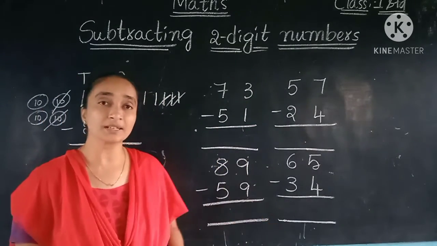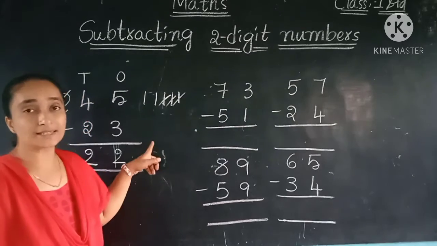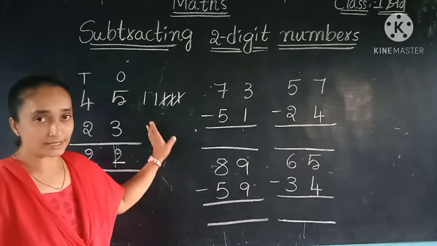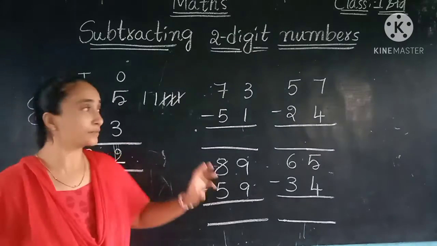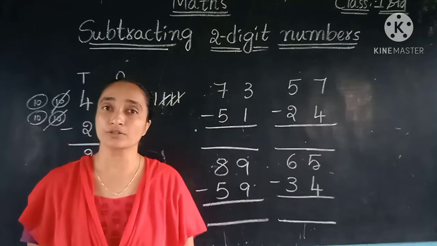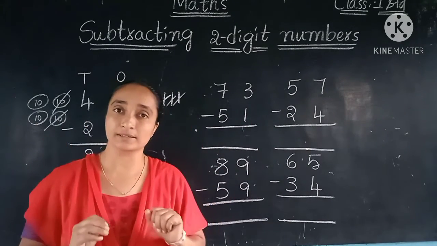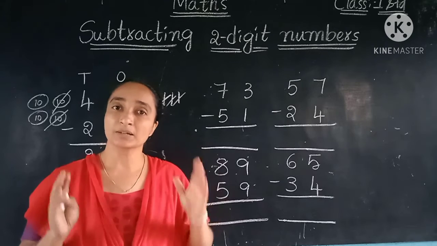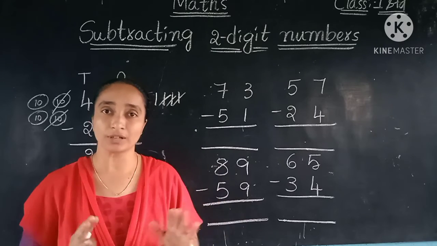So children, one more thing. Before you go to the sums, here we have drawn the lines. So this is an example, children. I have given lines like this just to help you understand. So children, next time onwards when we are doing these sums, you should not draw the lines. You have to do it with your fingers. Okay children, mind it, remember that point and don't draw the lines there.